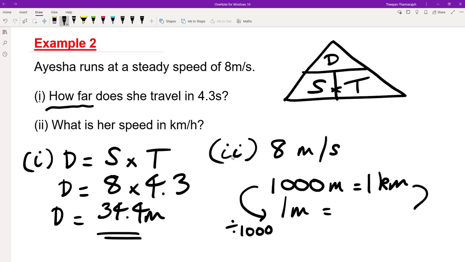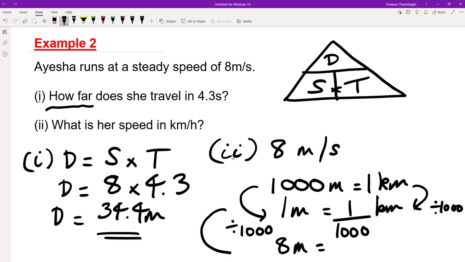So divide by 1,000 here, divide by 1,000 here. So that will give me 1 over 1,000 kilometers is the same as 1 meter. So that means 8 meters means we're going to take this result and times it by 8. Do the same thing here. And that will give me 8 over 1,000